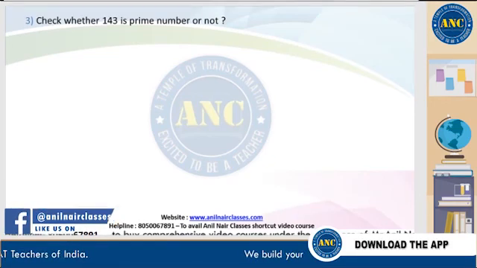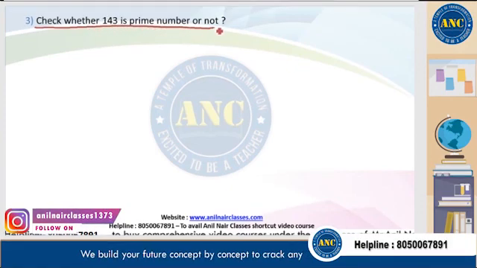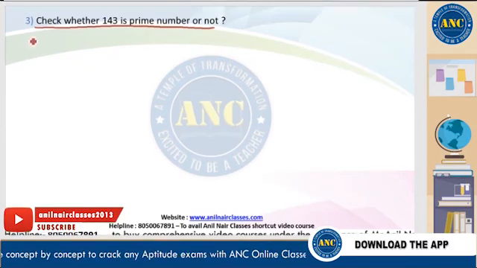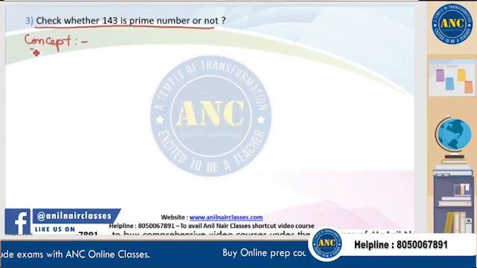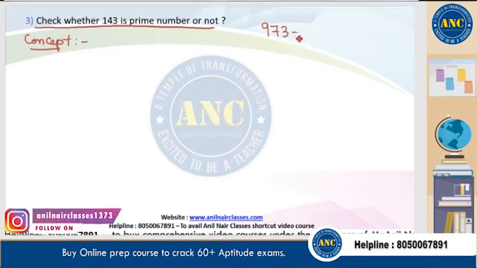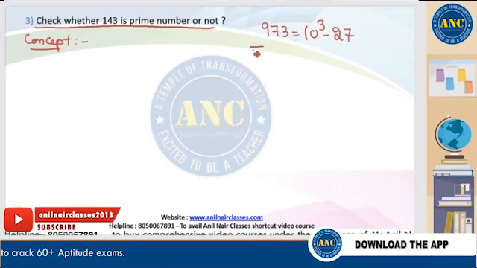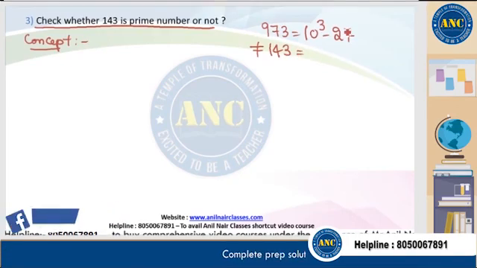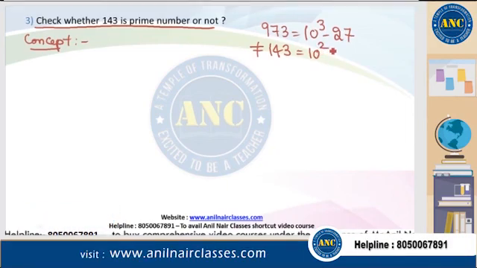Now, the third question: check whether 143 is a prime number or not. Now, if you see the concept, this is another variety. What we did previously is 973, we tried to write it as 10 cube minus 27. But unfortunately, 143 cannot be written like that; that 27 happened to be 3 cube. 143 cannot be written as 10 square